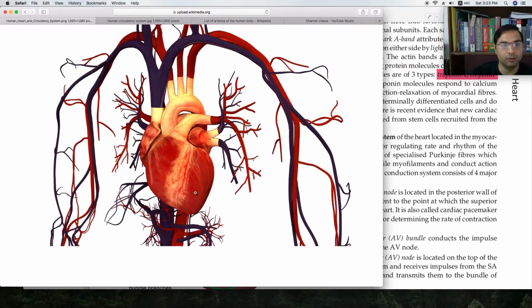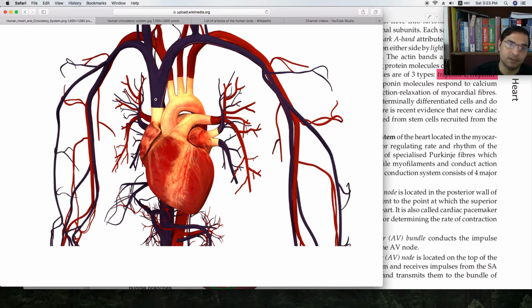So this is the beautiful heart. This is the arch of aorta, very easy to identify, right? So remember the arch of aorta. Then this arch of aorta gives three branches, right? Remember, it gives three branches. First branch to the right, this is left because this is the apex. Apex is towards the left of the body. Anyways, we always consider this portion as left. So the first branch to the right, the second branch up, and the third branch to the left, right? So the arch of aorta gives three branches.